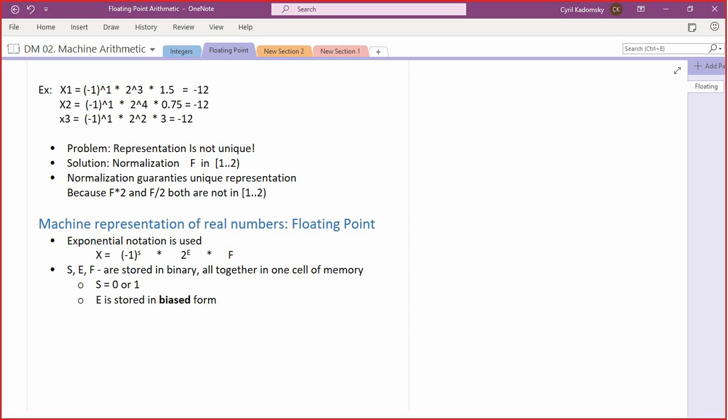What is stored is actually the biased exponent. I will mark it as modified E, and it will be the actual exponent plus some bias, which I will call E0,